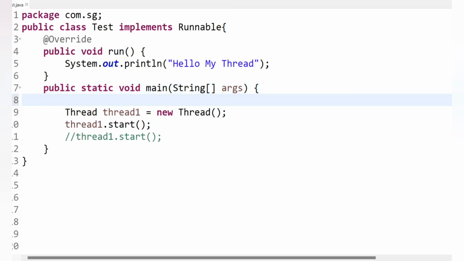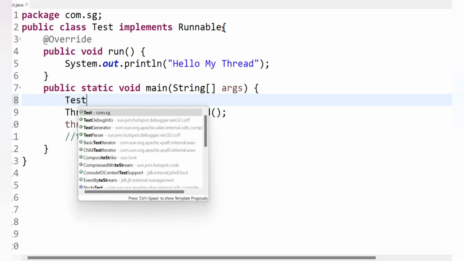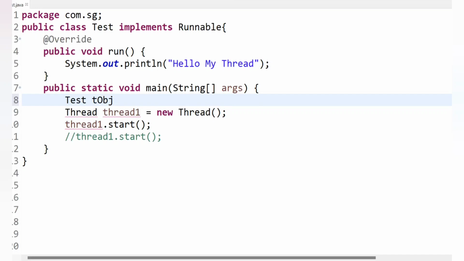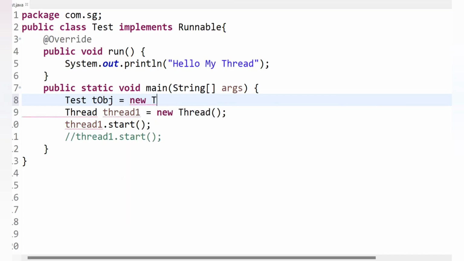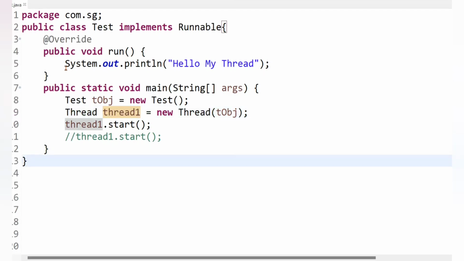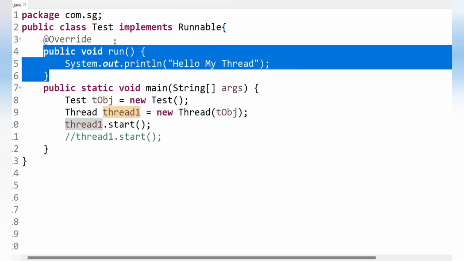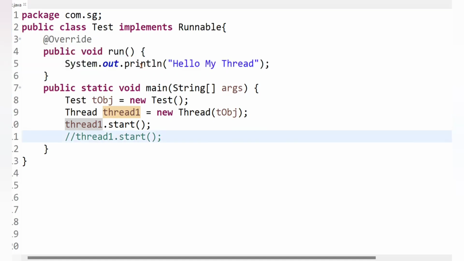So let's create the object of this class: Test t = new Test(), and now pass this Test object to this constructor. Now when this thread is created, this class's run method will execute, because we have passed the object of this class, and therefore the compiler will understand that the Test class run method has to execute.